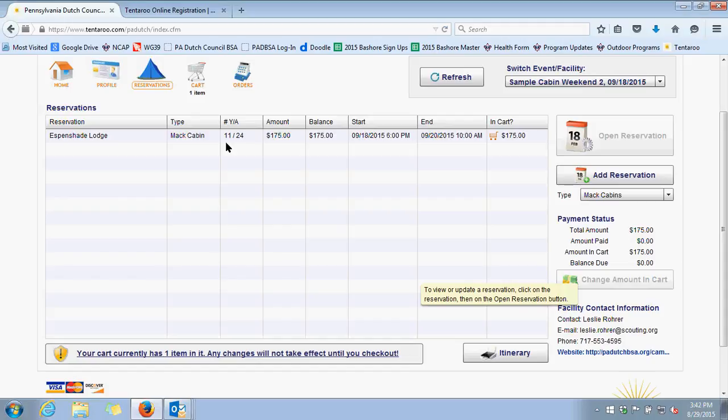I've got 11 youth of the 24 available. It costs $175. I owe $175. My start date is 9/18. My end date is 9/20. And in my shopping cart is $175. There's also a